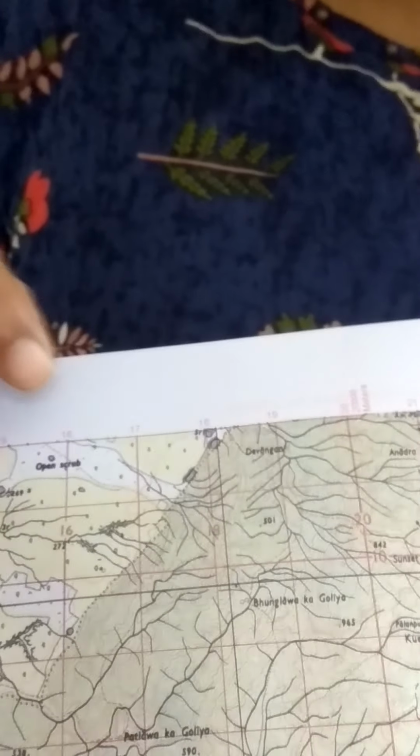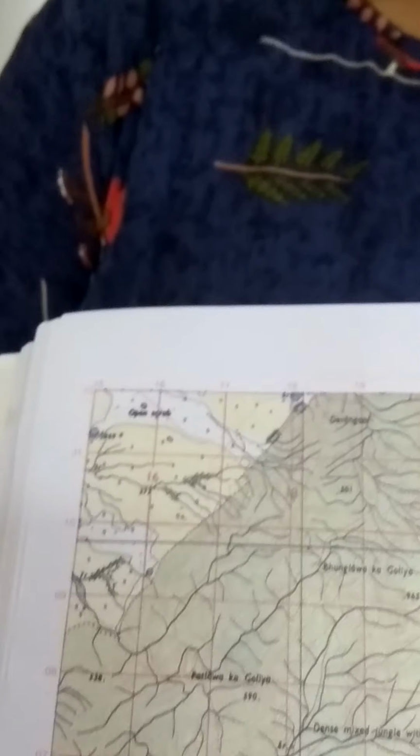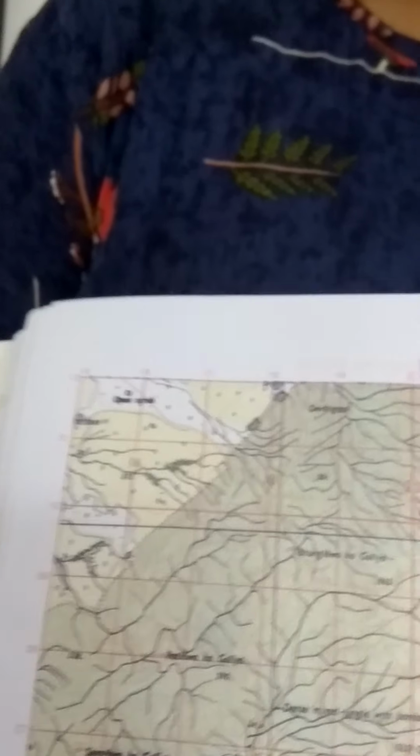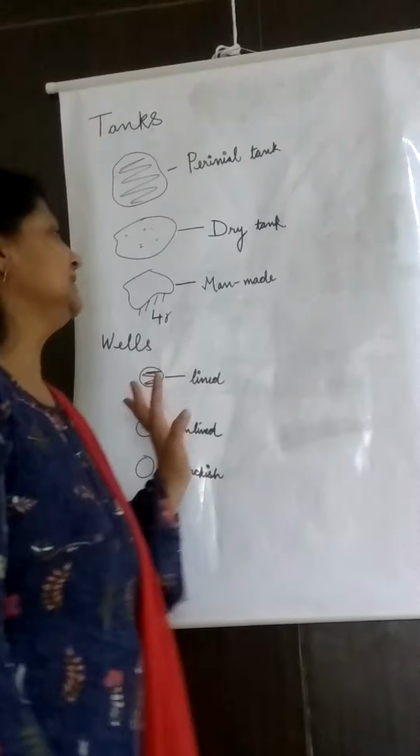Now if you see this region also, many small tanks were there. These tanks represent dry tanks, which do not have water. See, they appear white in color and also black. So these are the three types of tank which are used generally in residential areas for domestic use or for irrigation.